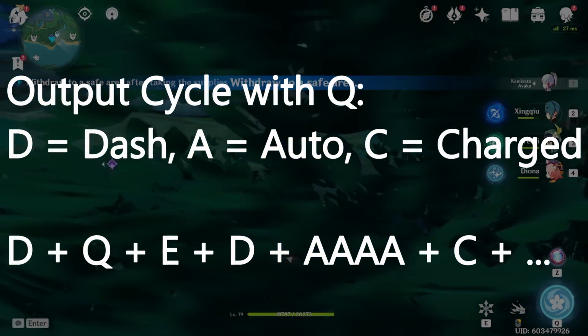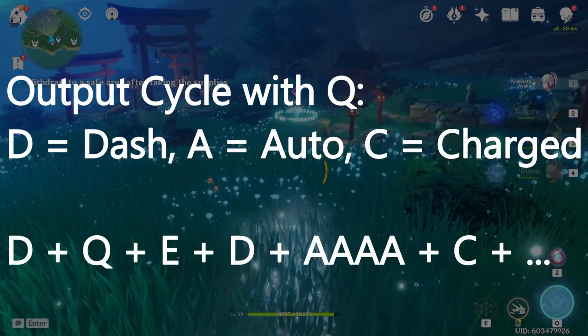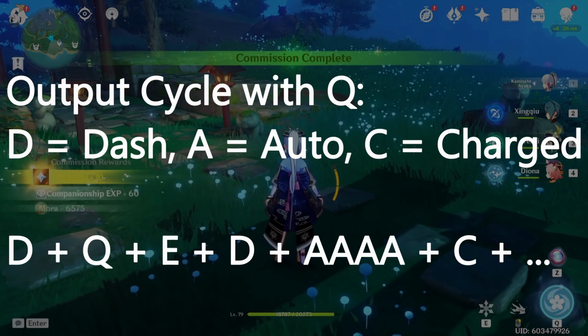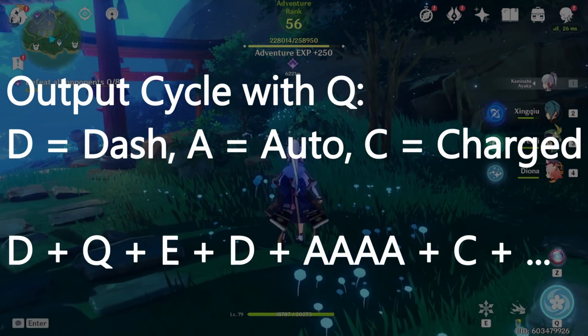However, if you cast your E first, while you're casting your Q you have a few seconds of downtime while the Q animation is playing, which means less time for your auto and charge attack buffs. Whereas if you do it the other way around, Q first, then followed by E, there is no problem at all. So basically what you do is you dash into the enemy, start with your Q, followed by your E,